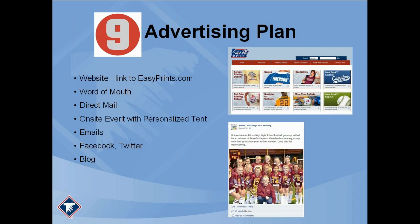But here are just some key points for you all to remember, especially when you're a small business. It is the year 2012, folks. The internet is around to stay. I cannot push that enough. I'm always surprised by how many starting t-shirt businesses, heat printing businesses, don't have a web presence of any kind. It has never been easier for you to have a website and get yourself out there on the internet. And when you have your website put together, make sure to link to easyprints.com,